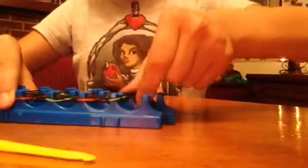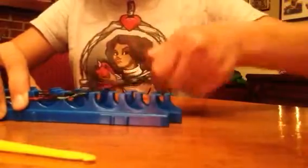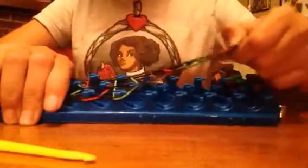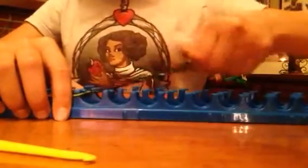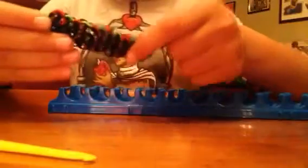And some people might want to be careful with this, but I just personally just rip it off. But make sure that your bands won't rip apart. Make sure you have the good kind of bands, and not the ones that might just rip apart when you take it off. So I'm just gonna rip it off like this. So if your band starts putting together, that means you didn't do it correctly. So now it looks like this. And then I'm gonna take